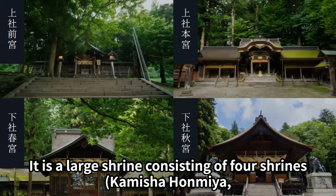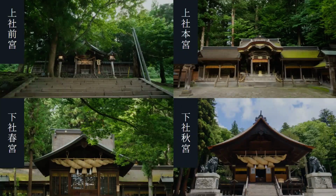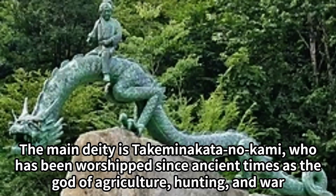It is a large shrine consisting of 4 shrines: Kamisha Hanmiya, Kamisha Mamiya, Shimosha Akimiya, and Shimosha Harumiya around Lake Suwa, and is the head shrine of the Suwa shrines, which number more than 10,000 throughout Japan. The main deity is Takeminakata no Kami, who has been worshipped since ancient times as the god of agriculture, hunting,